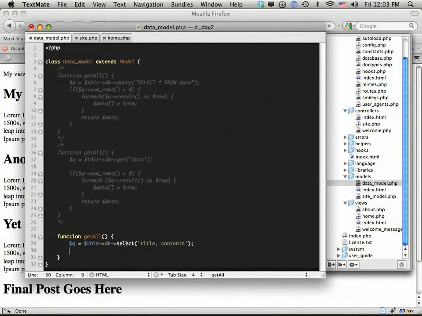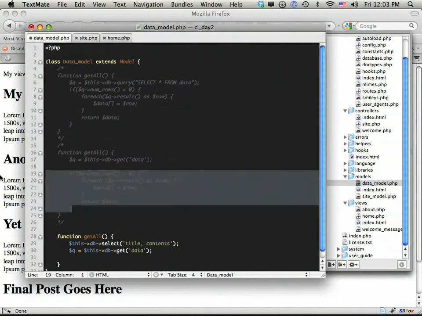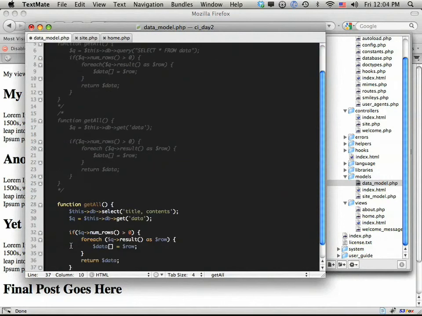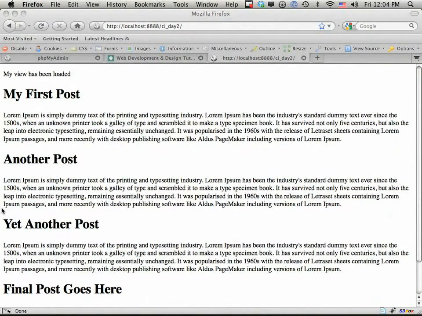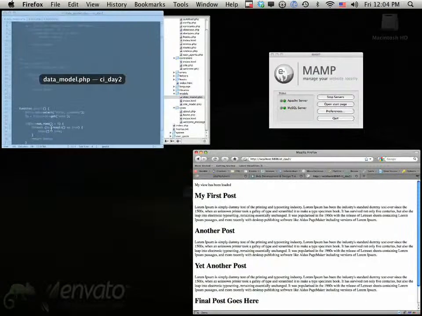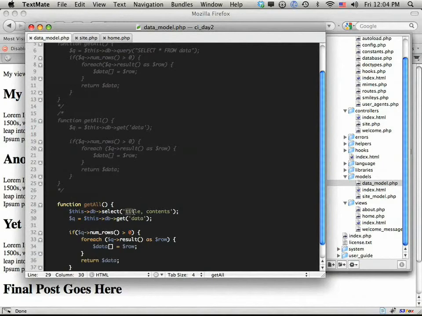Contents. And then we would get rid of the Q, and do Q equals this DB get, and then once again, data. To save time, we're just going to copy all of that, paste it in, refresh the page, and nothing's going to change, but I can assure you that this time it's only going into the database and grabbing these rows, and that will be much quicker for you, especially when you have